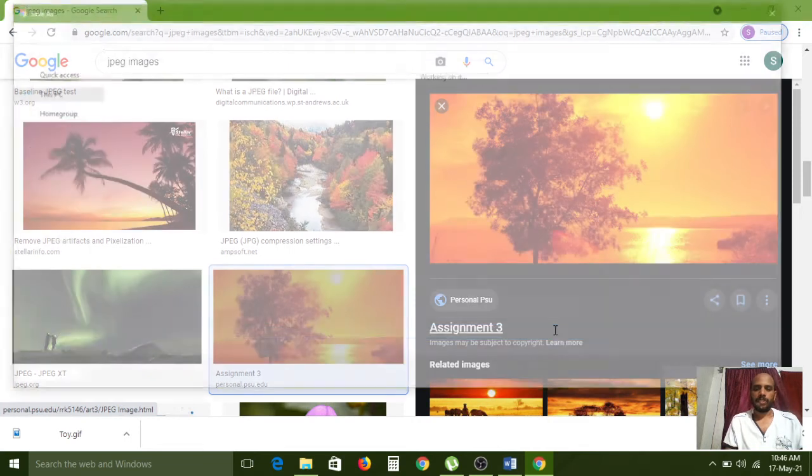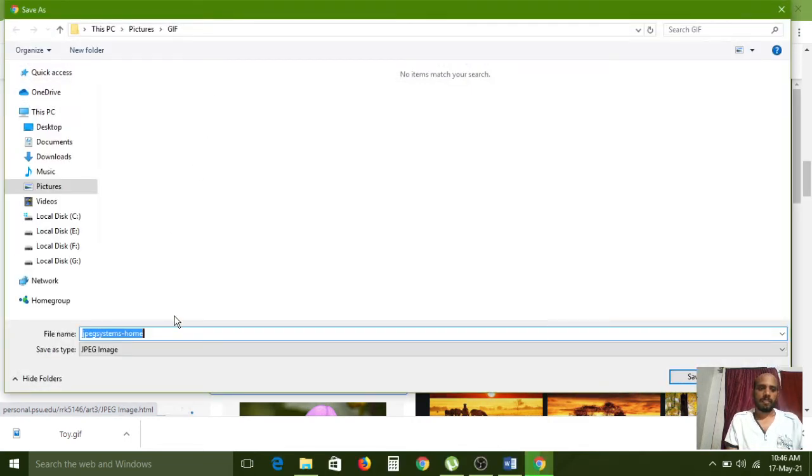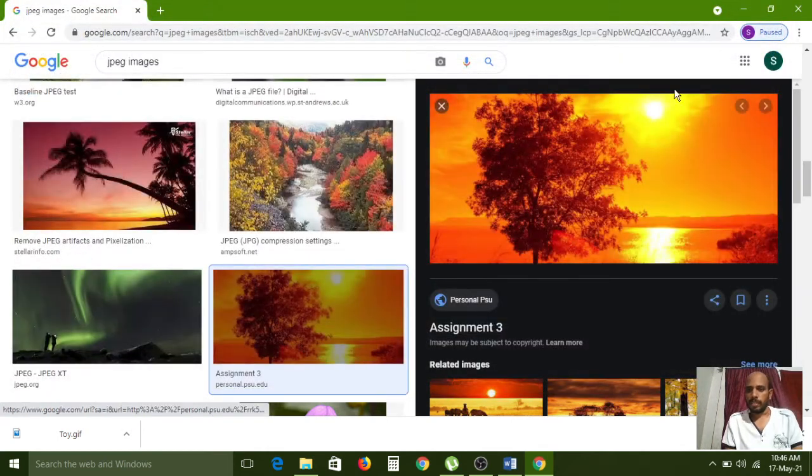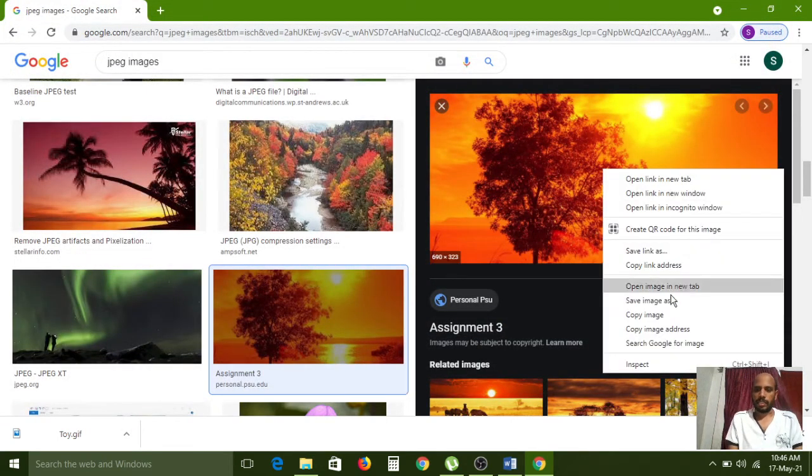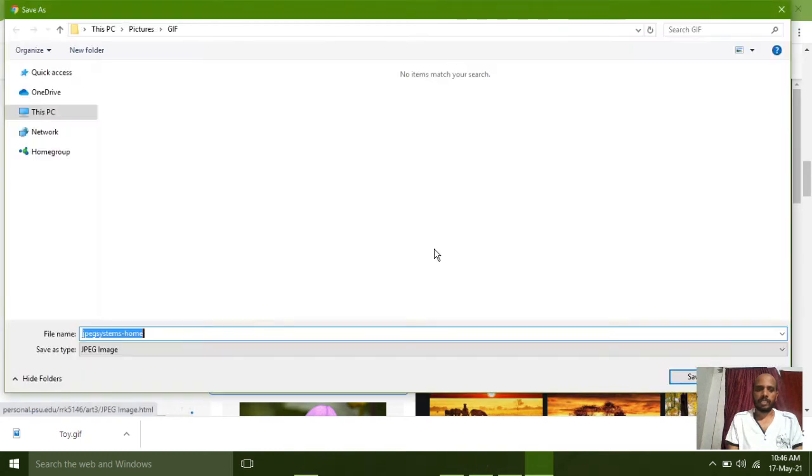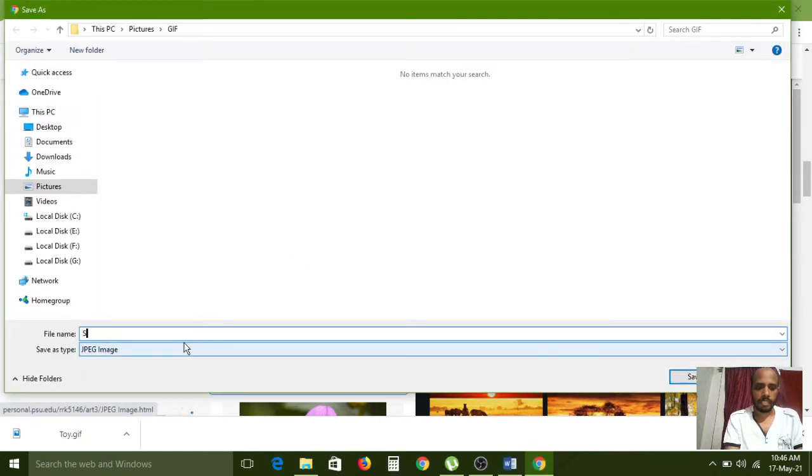Save image as, wait, it is the background. Okay, scenery. Save images. Scenery. So here it is automatically detected as JPEG. So now I am clicking on the save button.